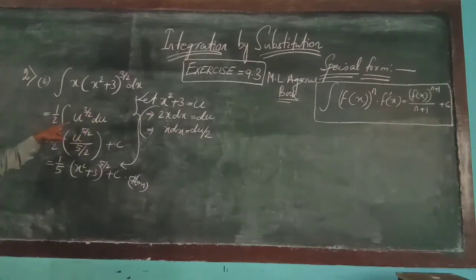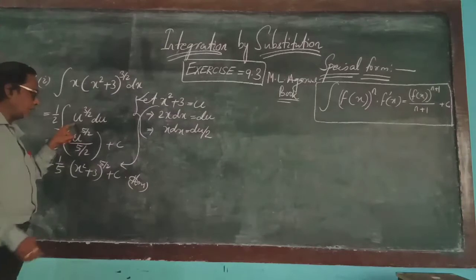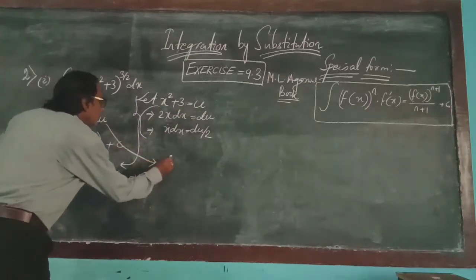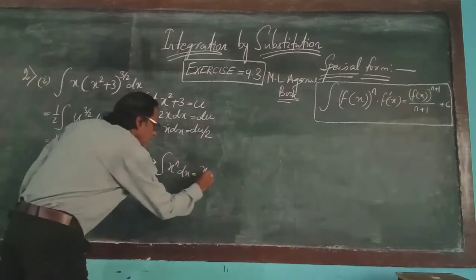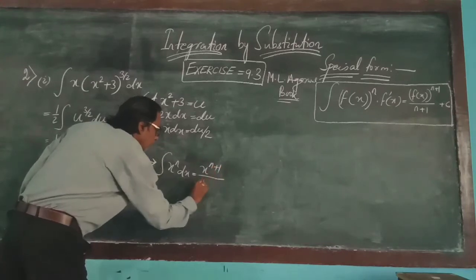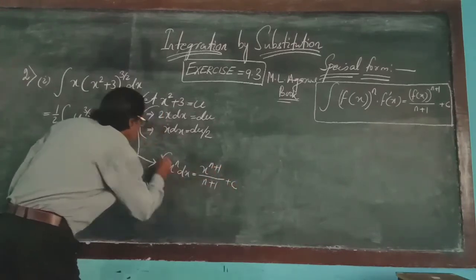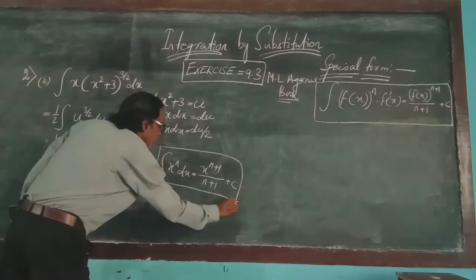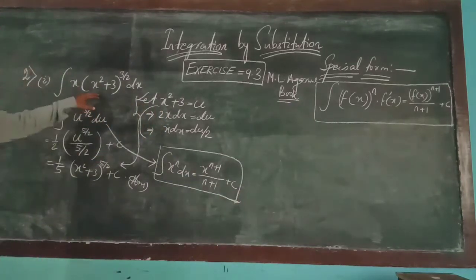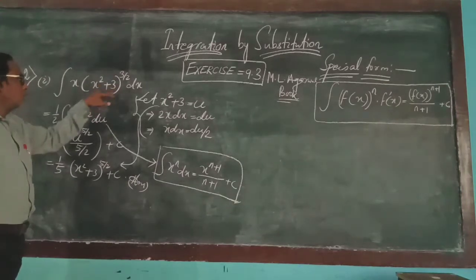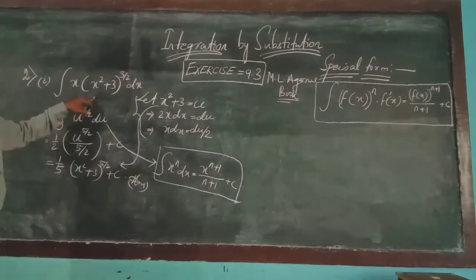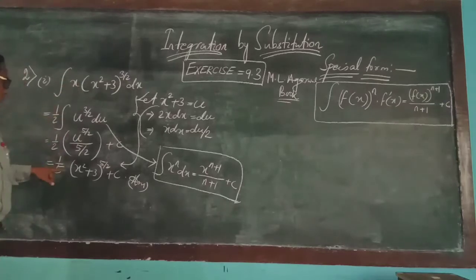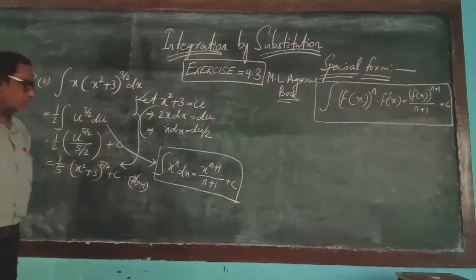The integration formula, do you know it? If you do not remember, I am writing the formula here again. Integration of x to the power n dx is x to the power n plus 1 by n plus 1 plus c. Using this formula, I have done this term by the substitution method. By substituting the value of x square plus 3 as u, the method is called integrating the function by the method of substitution. The final result is 1 by 5 times x square plus 3 whole to the power 5 by 2 plus c. Just copy the answer.